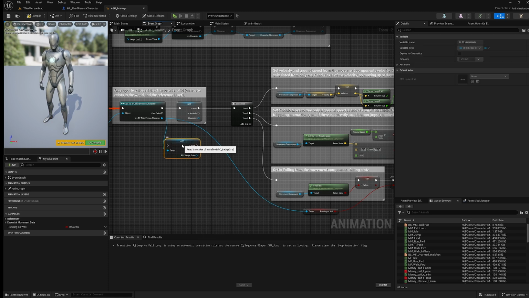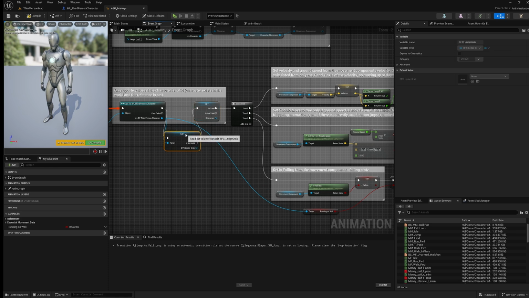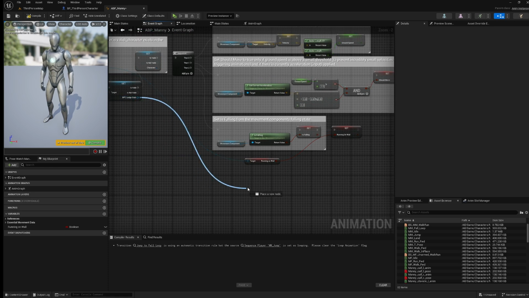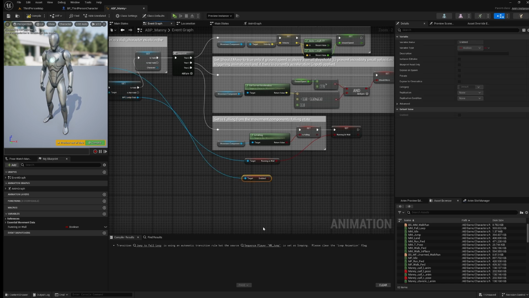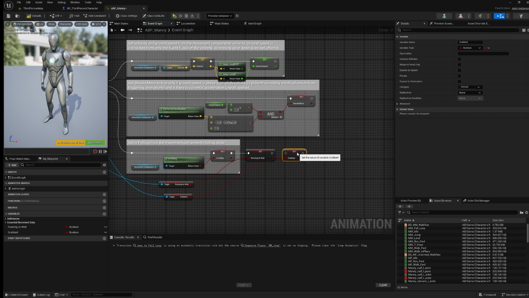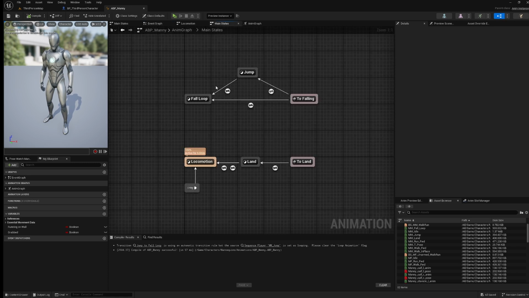But we're going to have to convert this to a validated get and put that in between our character. And from ledge grabbed, we could just get grabbed. And we'll promote that to a variable. Next, in our main states,